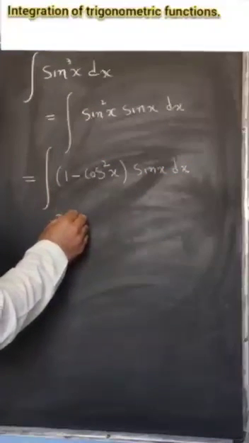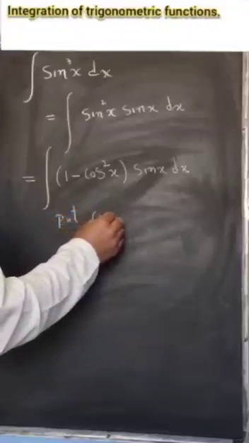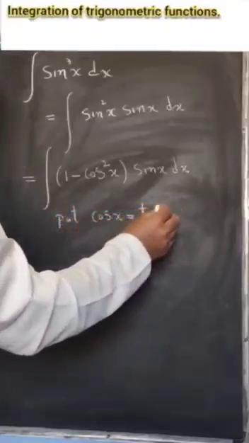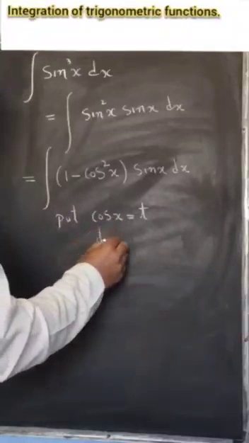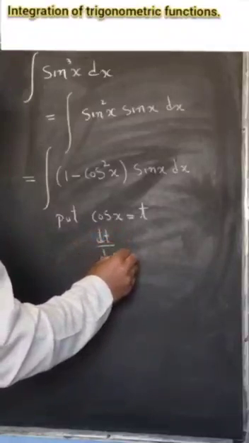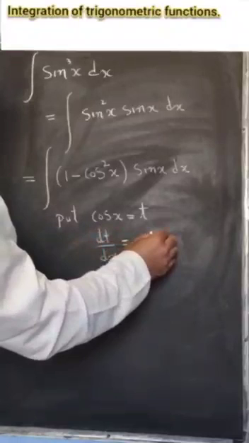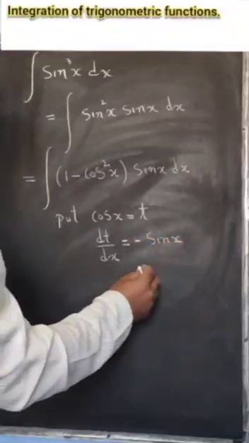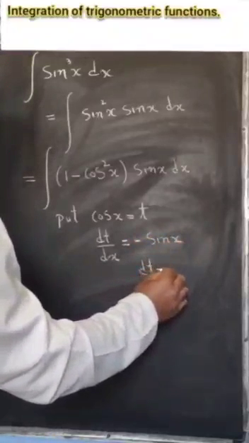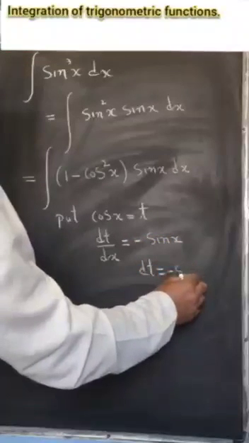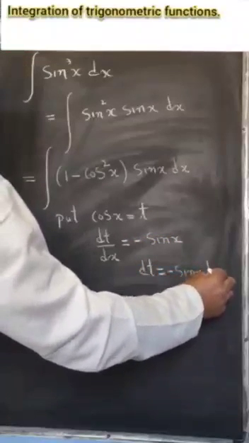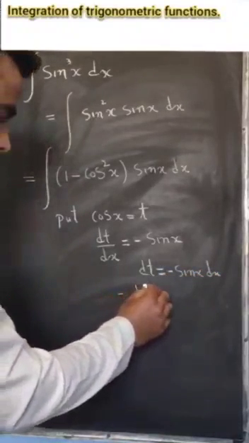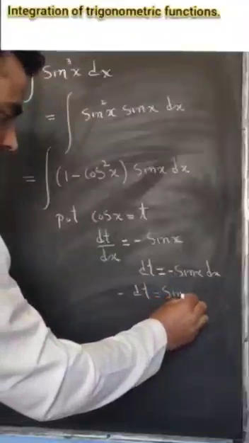Now put cosine of x equal to t. Differentiating t with respect to x, we get dt by dx is equal to minus sine x, differentiation of cosine is minus sine, or dt is equal to minus sine x dx, or we can write minus dt is equal to sine x